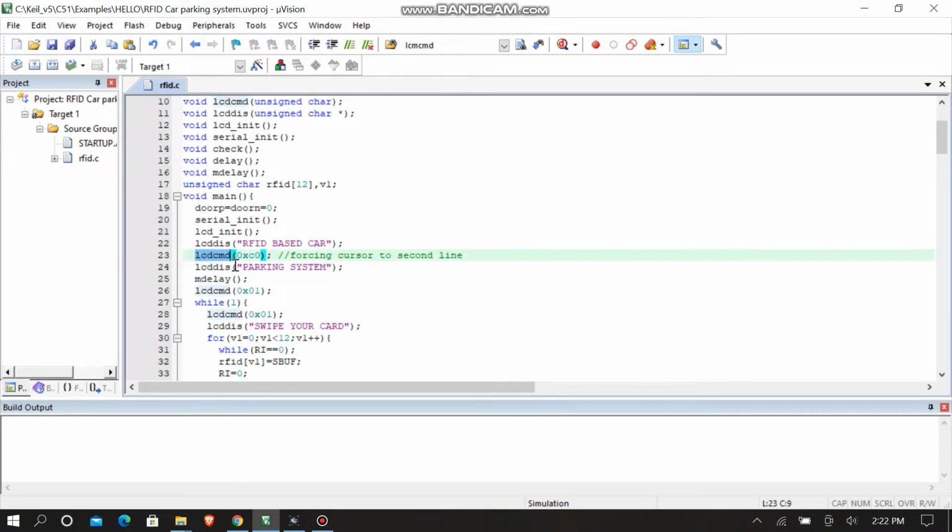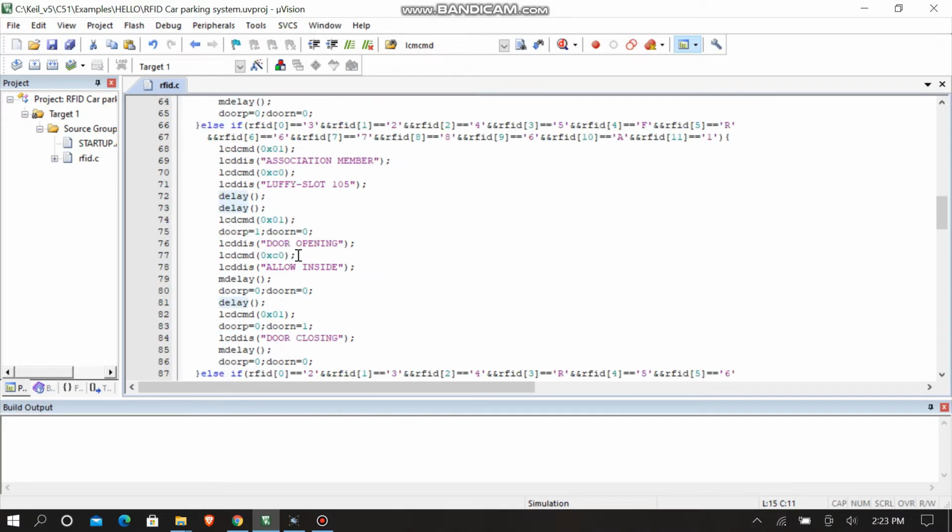Now we have an LCD CMD command for forcing the cursor to move to the next line, and this RFID based car will be on the first line and parking system will be on the second line. So we will use our next delay. This delay is more than the one we have declared earlier, so let's get to the delay.